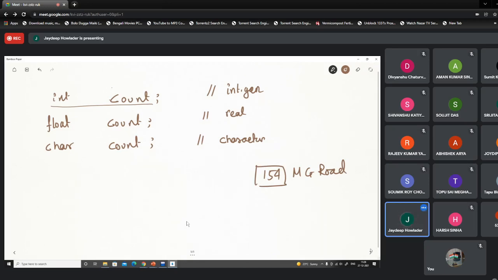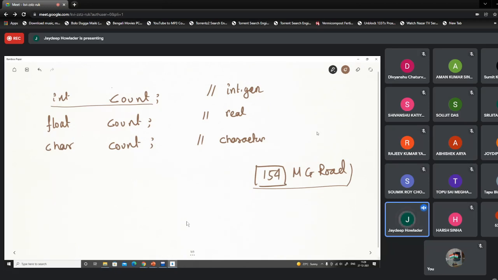It is basically representing a character which happens within a statement, say 154 Mahatma Gandhi. Similarly, your phone number is not an integer or floating point data. It is basically a string of characters. You are not performing any addition or division on phone numbers; you are basically keeping an identity. Similarly, your roll number is not an integer or floating point data. It is basically a character.